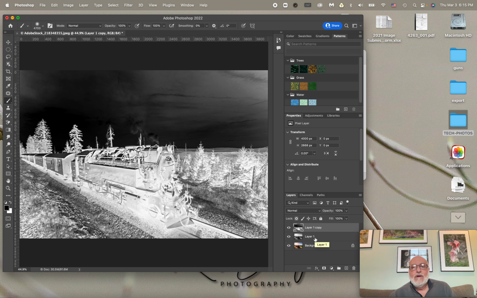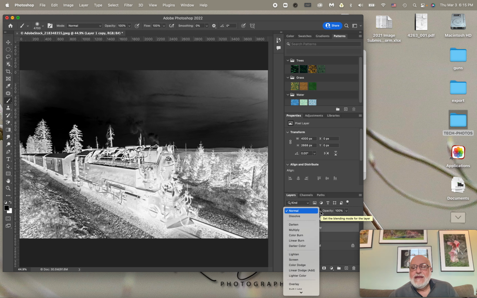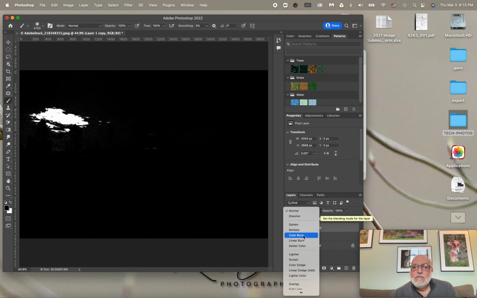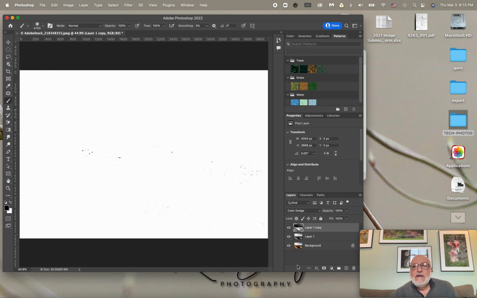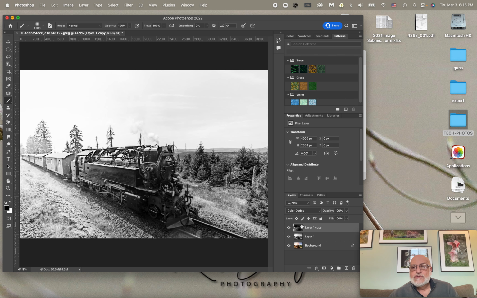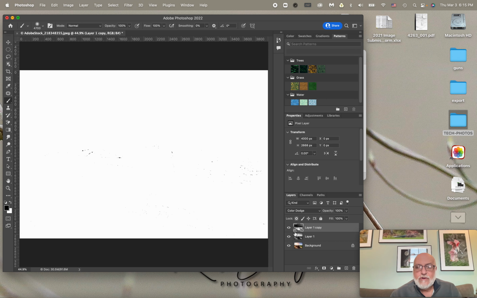Now, if I click in here on the blend mode and look for Color Dodge, as you can see, the screen turned almost just white. I'm sorry, I've got to press Command Z. Okay, there is a little bit of black here and there, but basically it's mainly white. To show the picture, what I'm going to do is